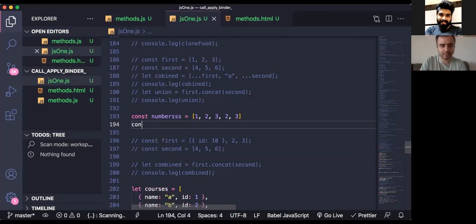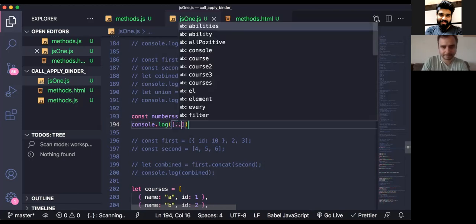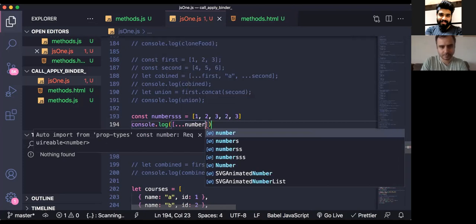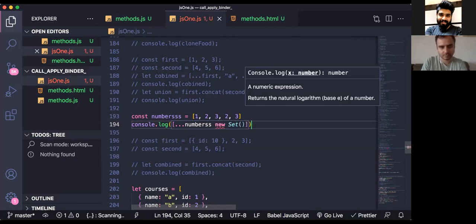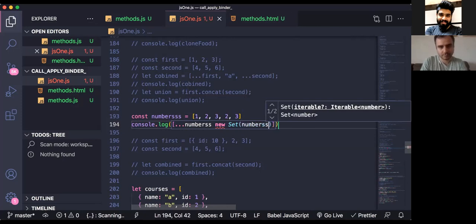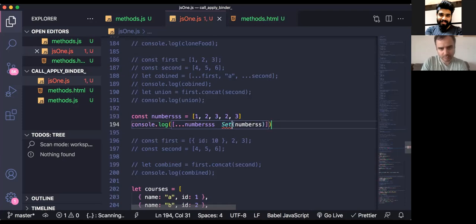Give me one second. Remove these numbers from the starting.